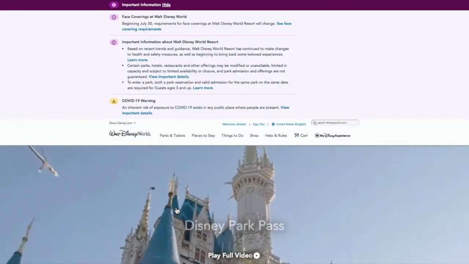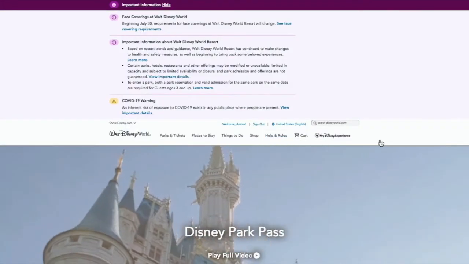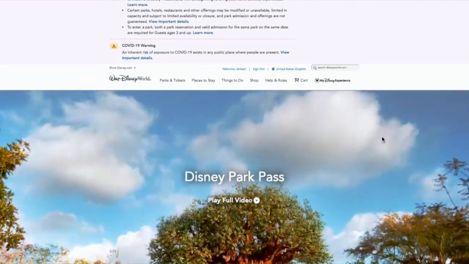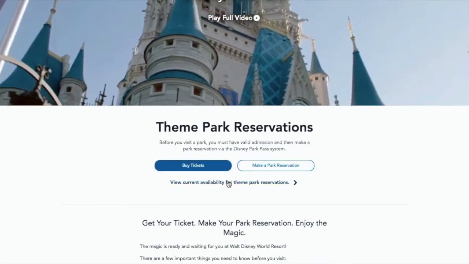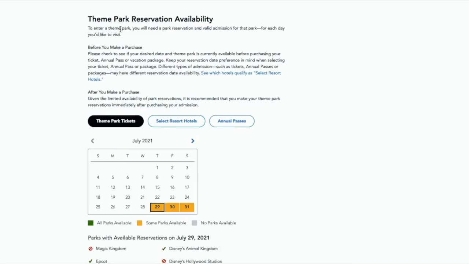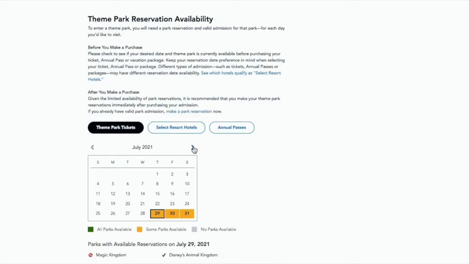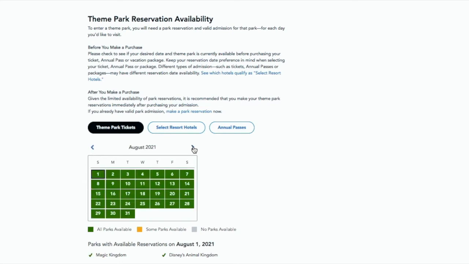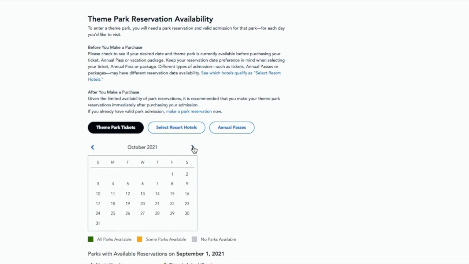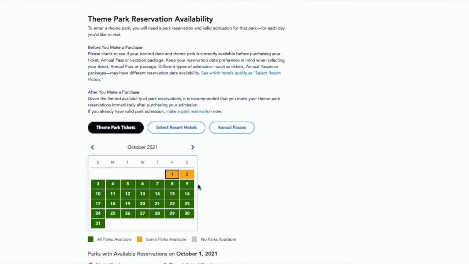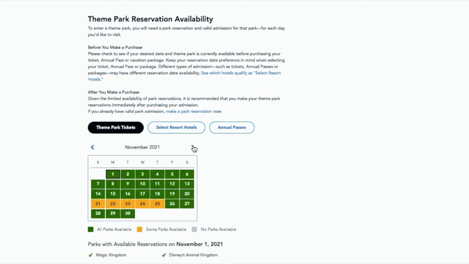The trend we've been noticing with the Park Pass reservations is if you are traveling within the next 3 months, you will need to go ahead and check that you have availability for theme parks. Here we can see that most of August is still available, so it's not a huge deal to have to check. We know October 1st and 2nd are going to be kind of crazy because this is the 50th, but for the most part, everything is still in full for a majority of the stay, except for major holidays like Christmas,